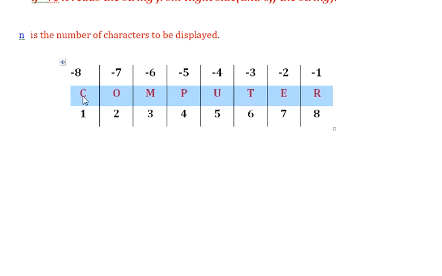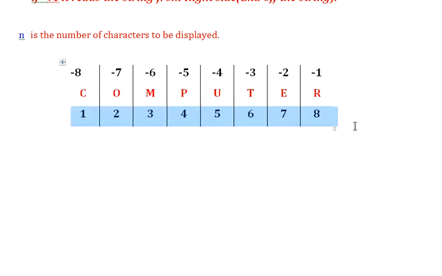If you start from the leftmost side, the index positions of these characters will be positive: C at position 1, O at 2, M at 3, P at 4, and so on till R. If you want to read the data from left to right, you number from 1 to n till the last character of the string.